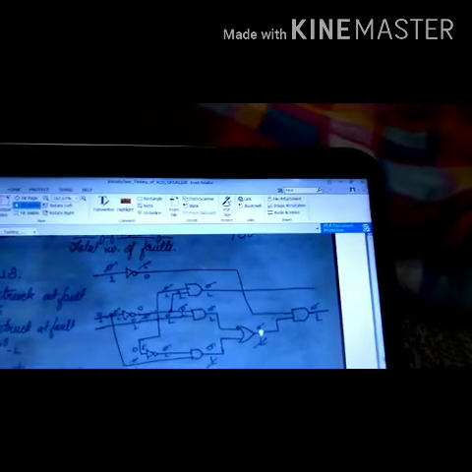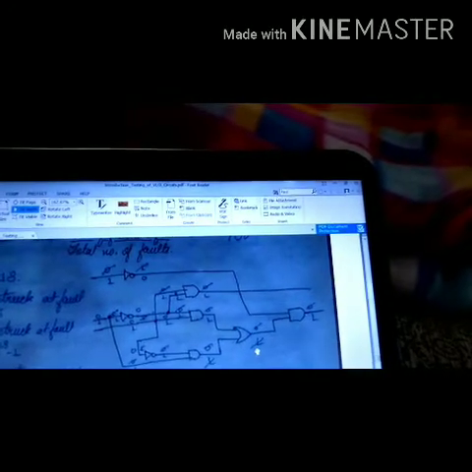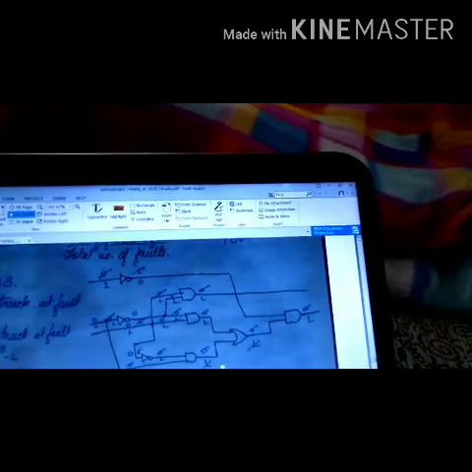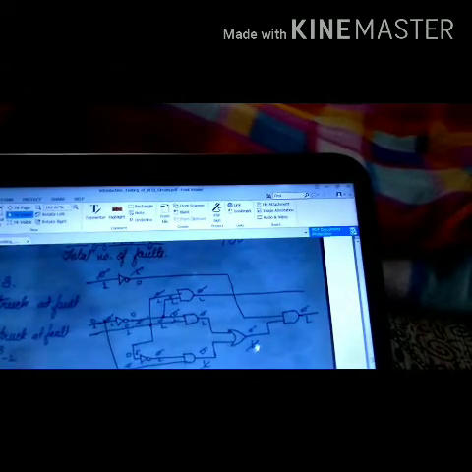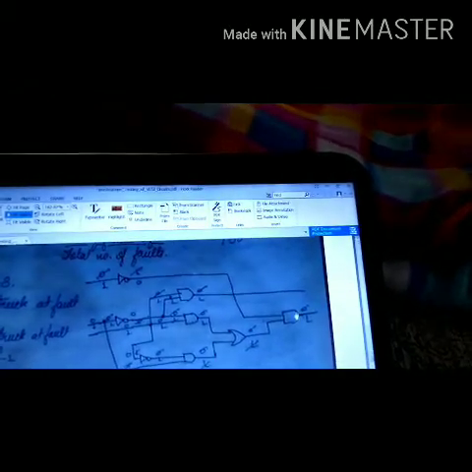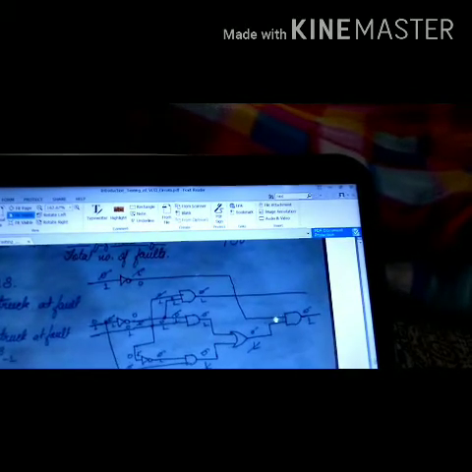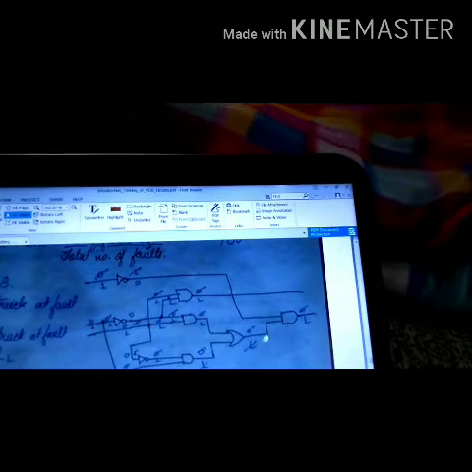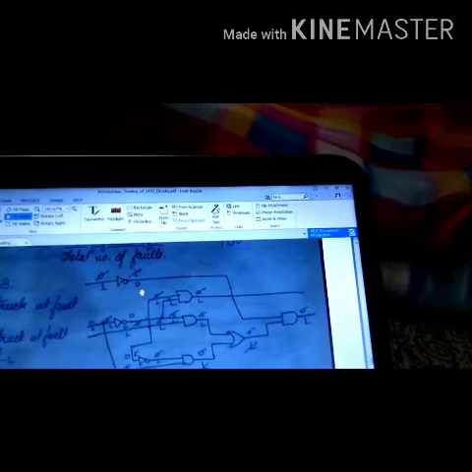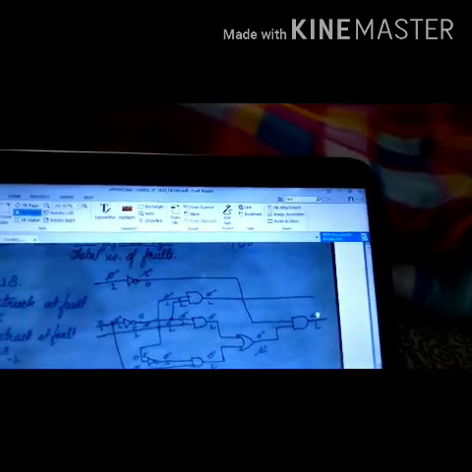Now comes this OR gate. For this OR gate, a stuck at 1 will get cancelled with stuck at 1, so I can cancel it either with this AND gate or this AND gate. Presently I have cancelled this stuck at 1 and this stuck at 1, so this OR gate has now been dealt with. Then finally comes this AND gate, where stuck at 0 should get cancelled with stuck at 0. It has two lines, one is this one and one is this one, so I can cancel stuck at 0 here with this one or stuck at 0 here with this one. I have chosen this one, and these two have been cancelled.